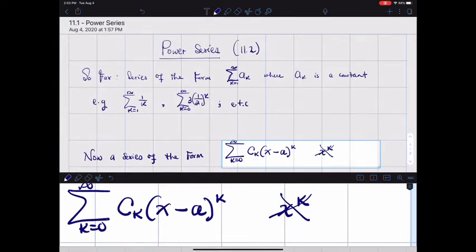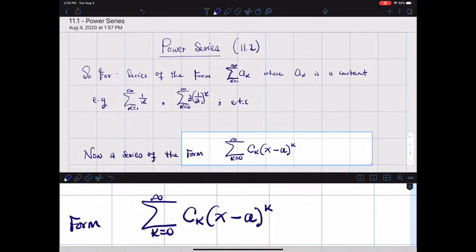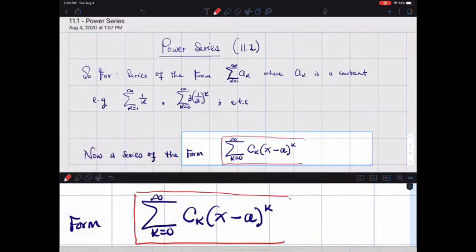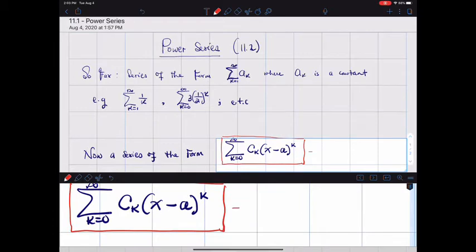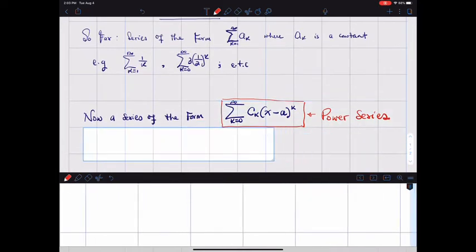All right. So we're going to give such a series a name. Such a series is called a power series. And we're going to spend our time studying when such a series converges and when it diverges. But let's introduce some